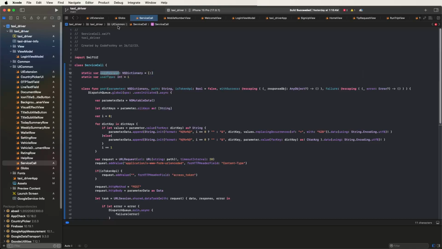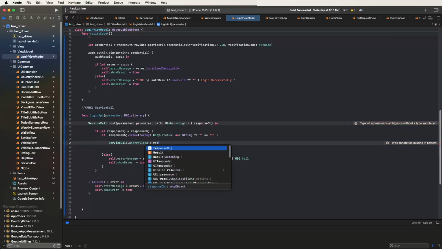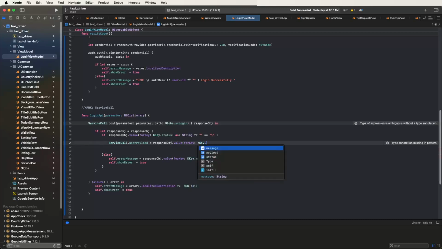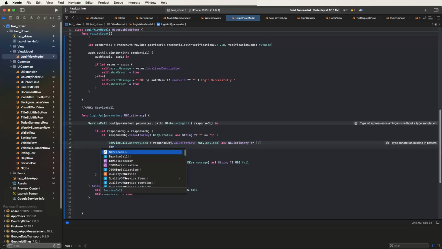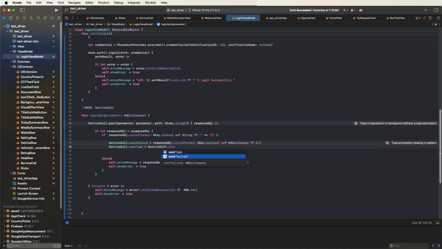Now we need to save and send this value inside the login. Call it here, set this before key, and as same, copy it, the payload before, and now we need to